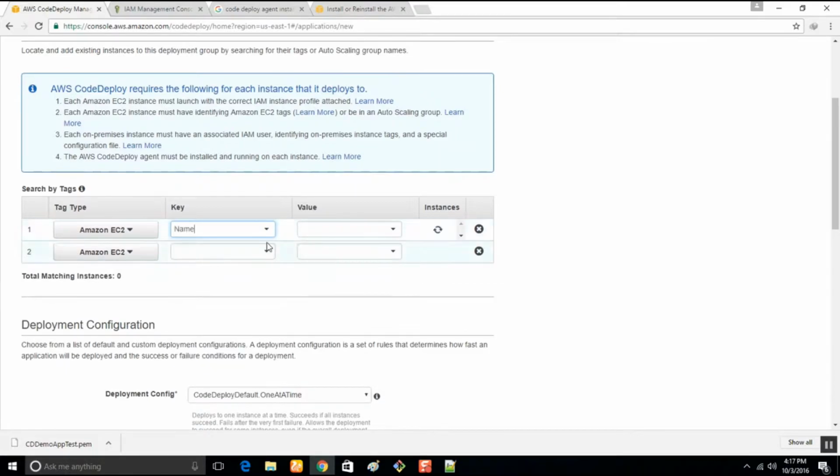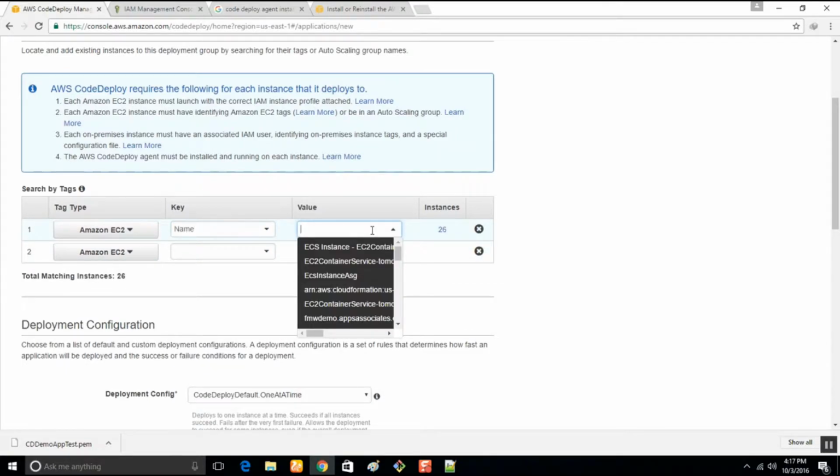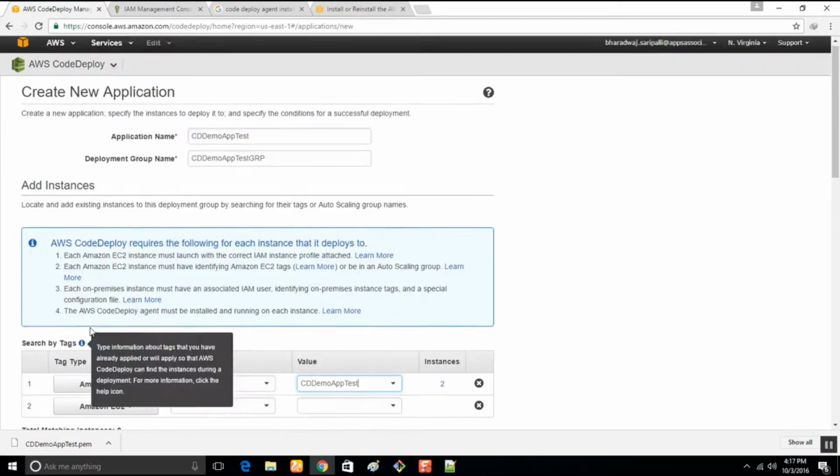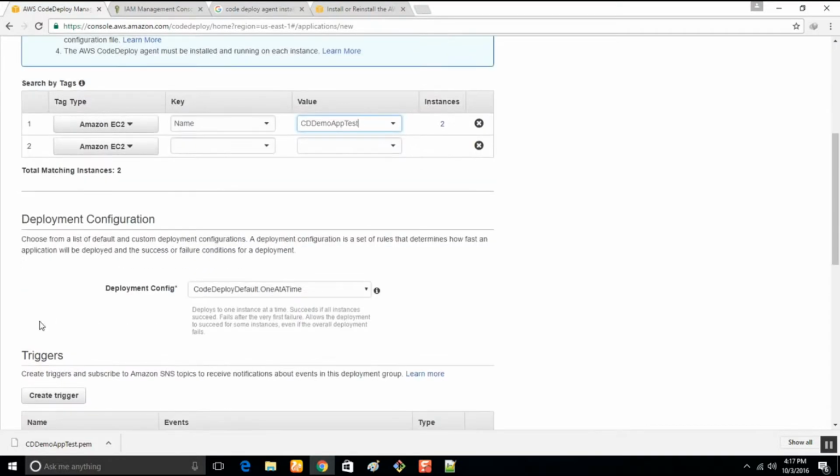Now tag by name, and the value is cd demo app test. We have two instances. All the instances which have a tag by name cd demo app will be maintained using CodeDeploy. That is what it meant.